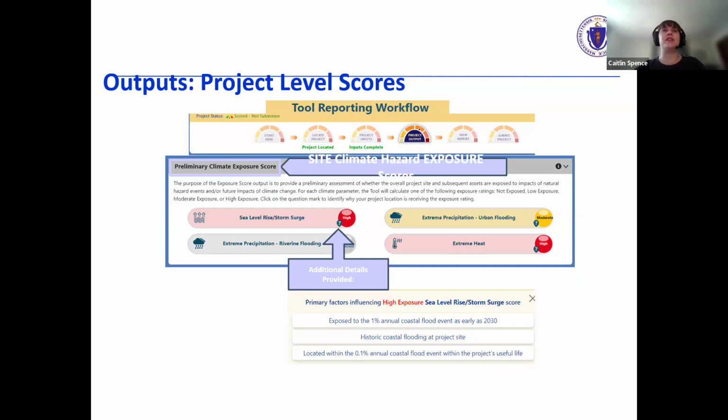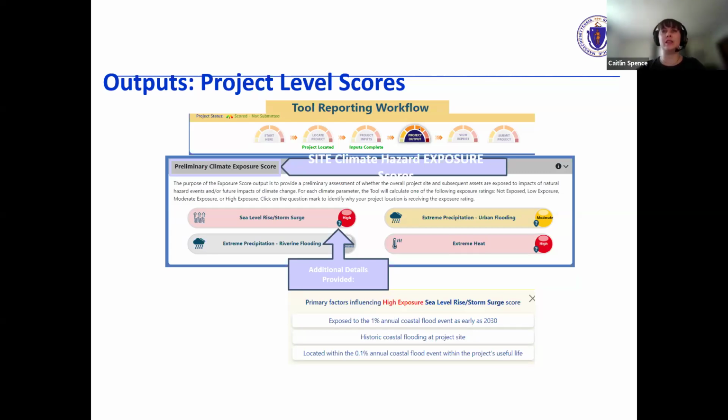Whether the project is exposed, moderately exposed, or highly exposed to extreme precipitation, riverine flooding, extreme precipitation, urban or stormwater flooding. In this case, the project is moderately exposed, and whether the project is moderately or highly exposed